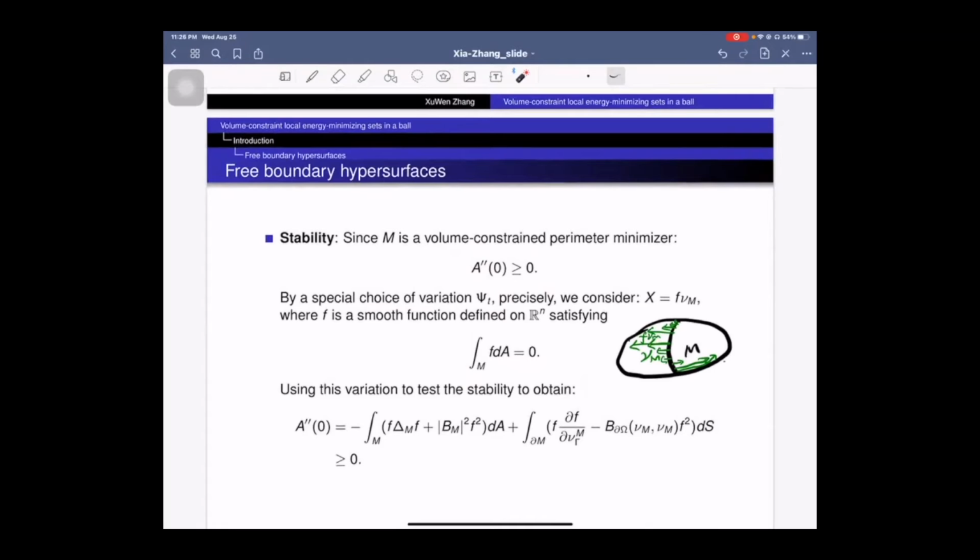Then we can see that under such variation, within a small time t, psi_t(E) has the same volume as E, which shows that X is an admissible variation. So we can use this variation to test the stability and to have the following inequality, which